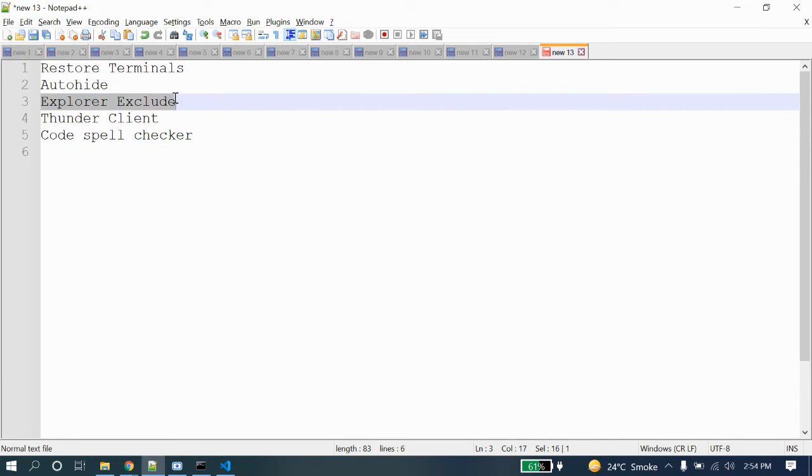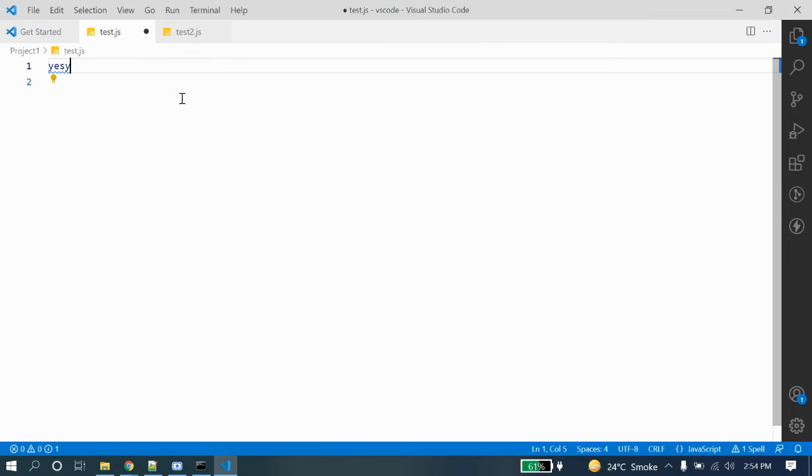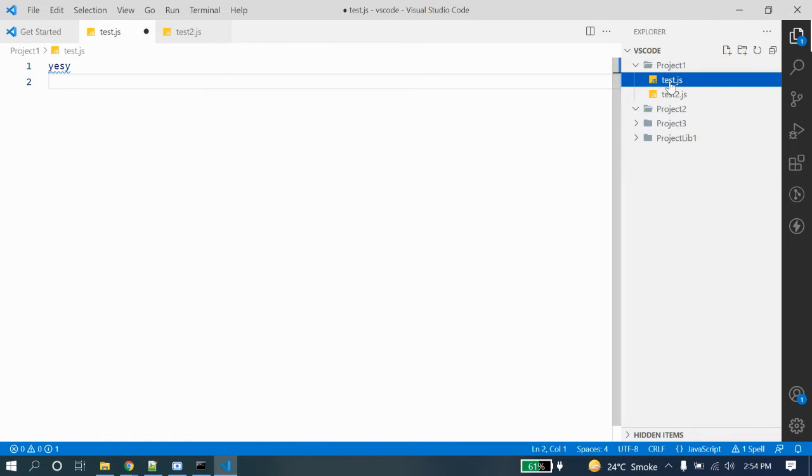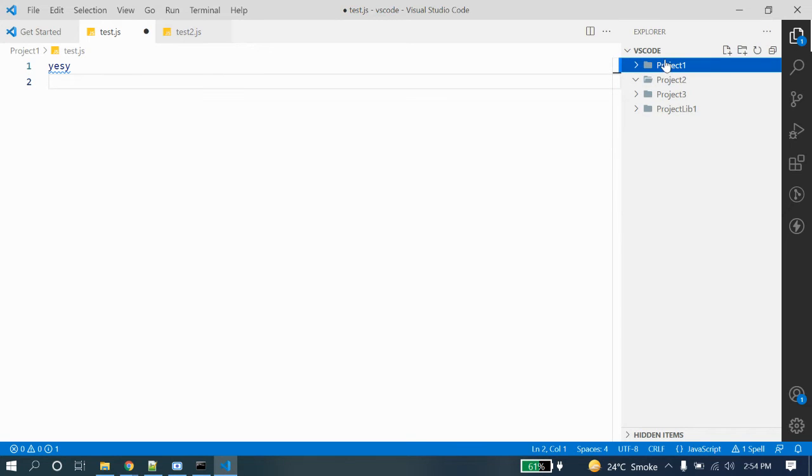And the third one is Explorer Exclude. Suppose I am working on these projects. At a time, I will mostly work on one or two projects, so I don't want to see the other projects here.